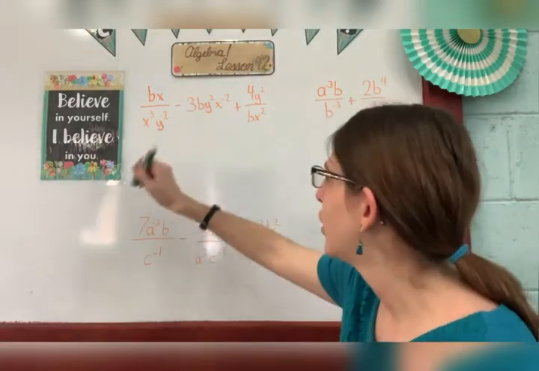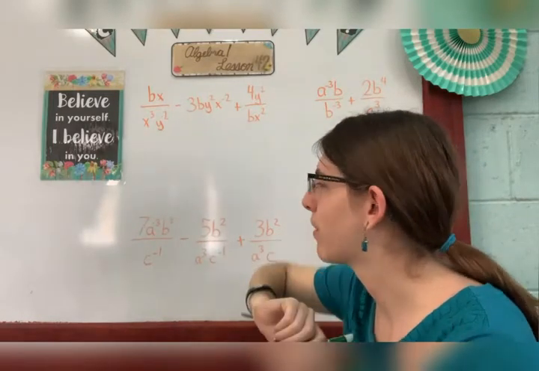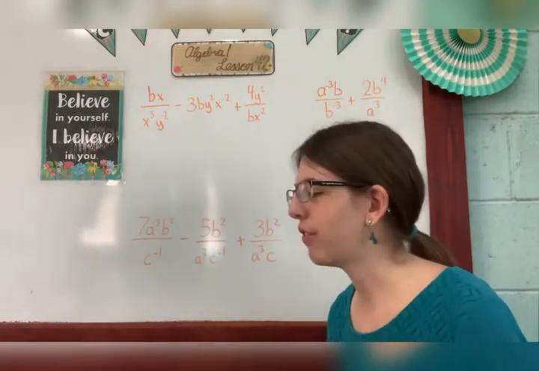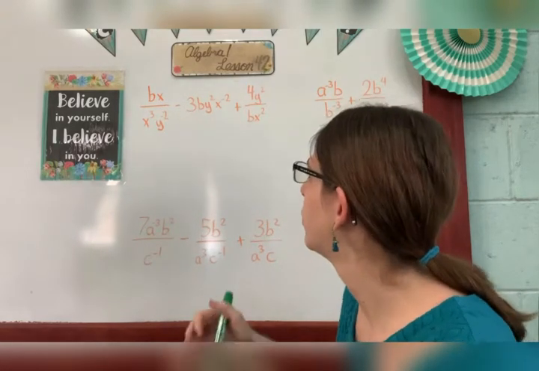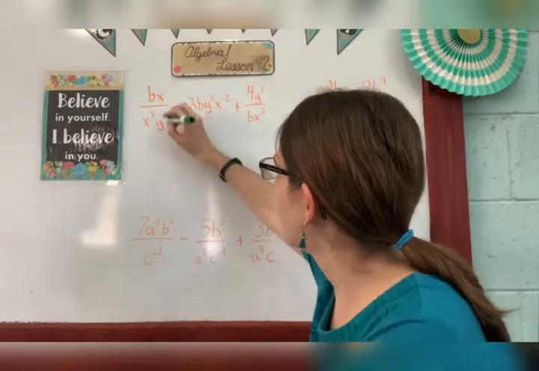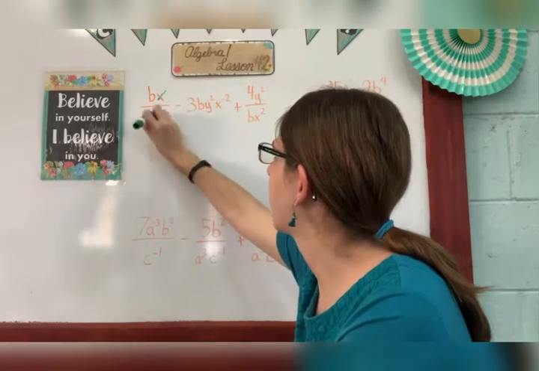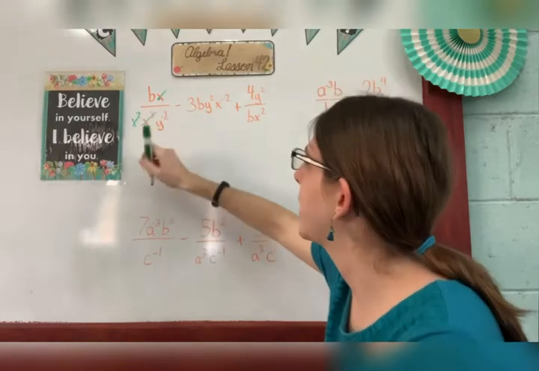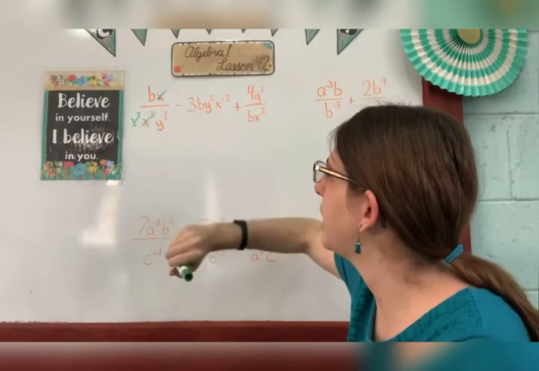All right, so I have bx over x^3 y^-2. I can actually simplify this. The numerator becomes x, and the denominator becomes x squared, because I can cancel out these x's. Now this y^-2 needs to go up top,